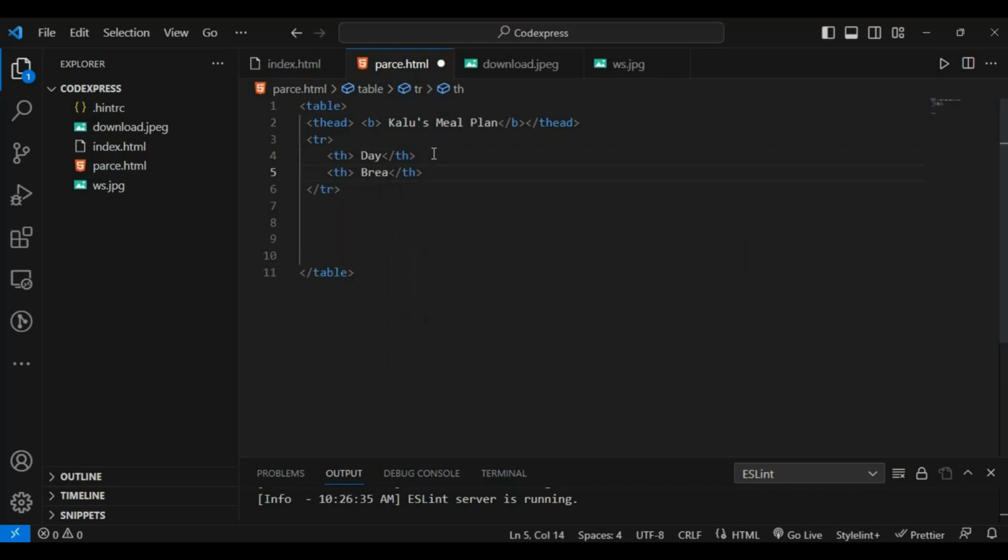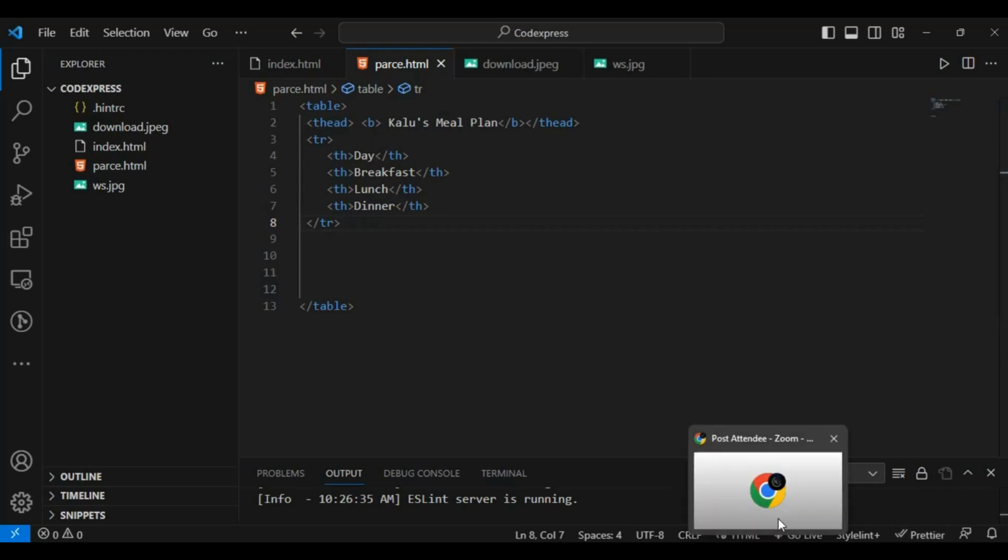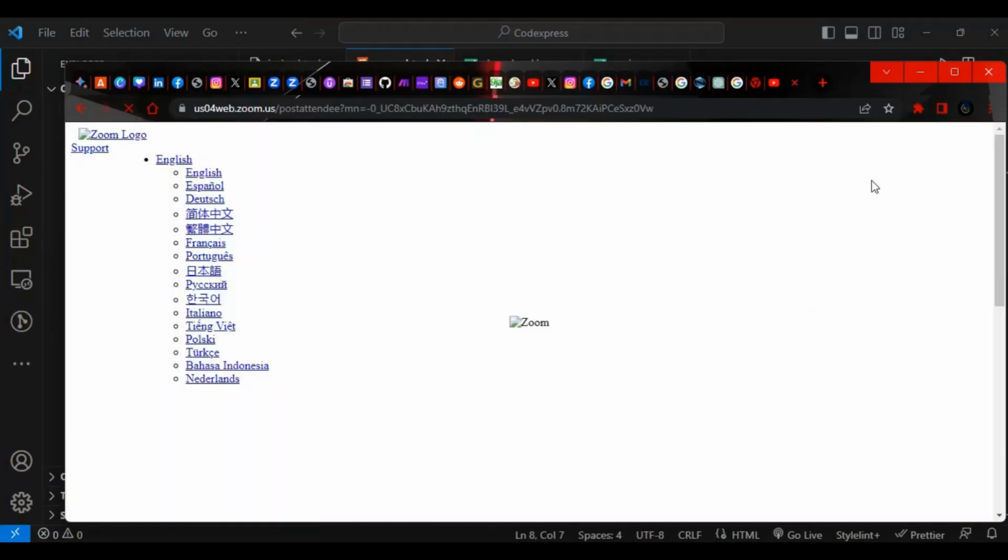The second column will be breakfast meal, the third column lunch, and the fourth column dinner. Having done this, I am assigning different columns to this header section of the table. I'm going to create subsequent data sets under these. Do you understand? These data sets will follow up under the header section. So when you run this, you'll see